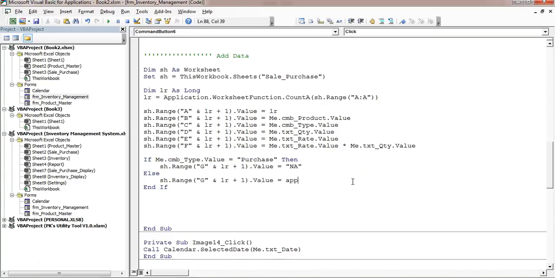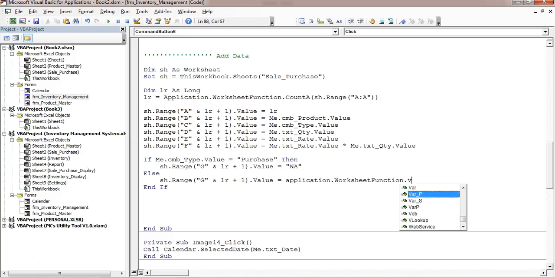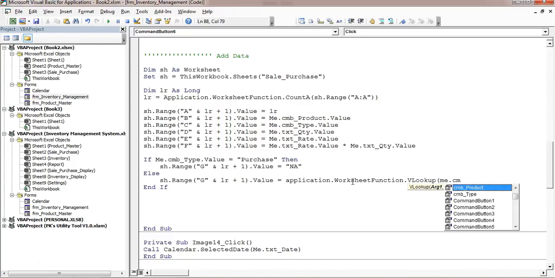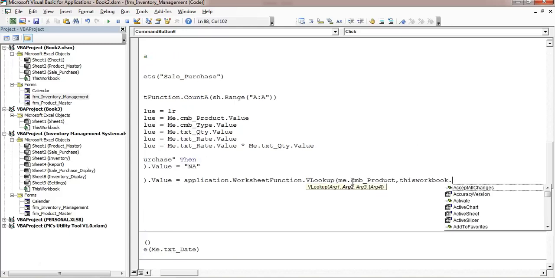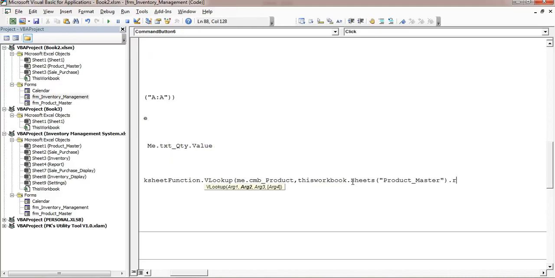So I'll use here Application.WorksheetFunction.VLOOKUP, and I will use me.cmbProduct, and I'll use here the product master worksheet. So I'll use ThisWorkbook.Worksheets("product master").Range("B2:D"), and the purchase price in column number 3, comma 0.